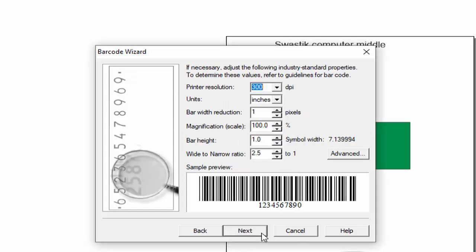Next, and you can set here the resolution of the barcode, and you can enter the height or width of this barcode in inches, and select the height of the barcode and the narrow ratio of your barcode. Some settings are there, and then click on next.